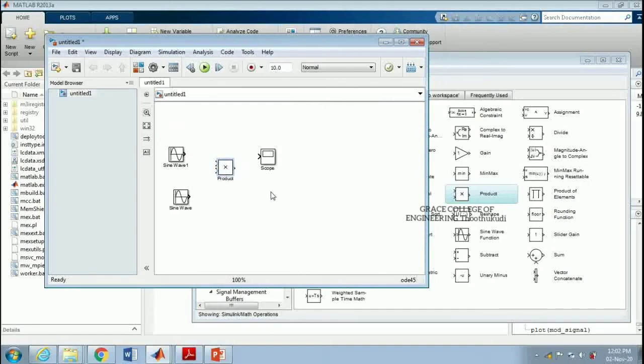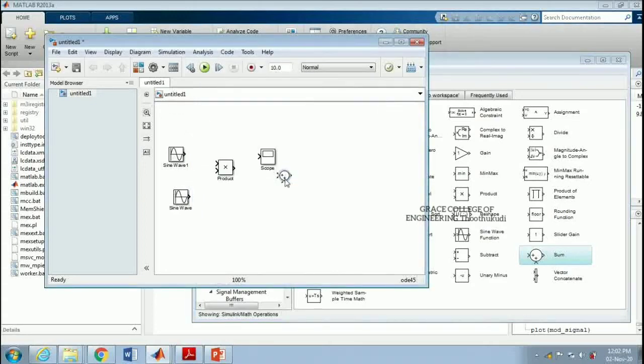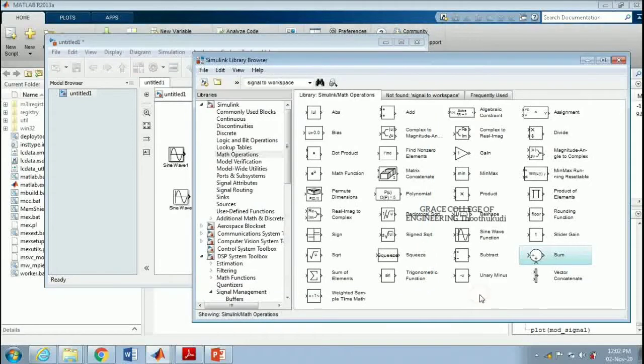Next, I need an adder block to add these signals, so I am going to keep that also. Then we are supposed to give some modulation index, which is the ratio between the modulated wave and the actual wave.